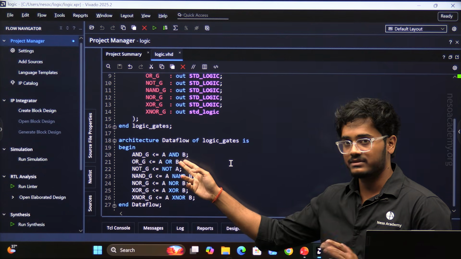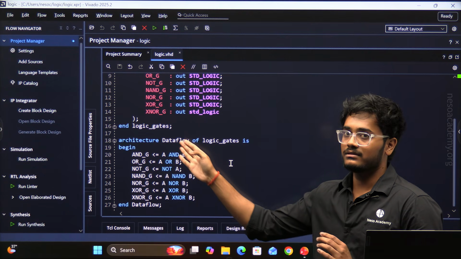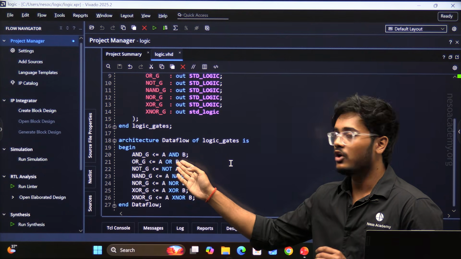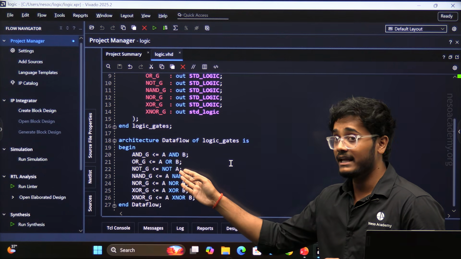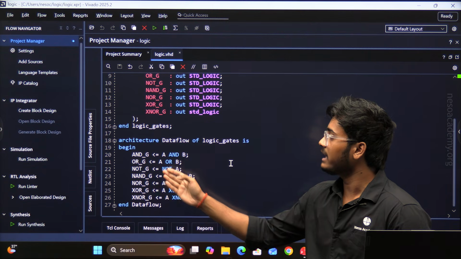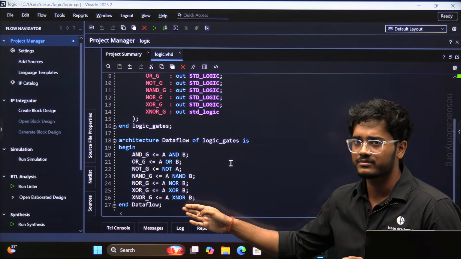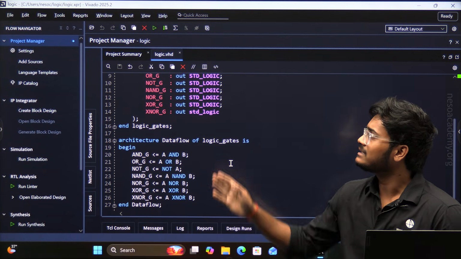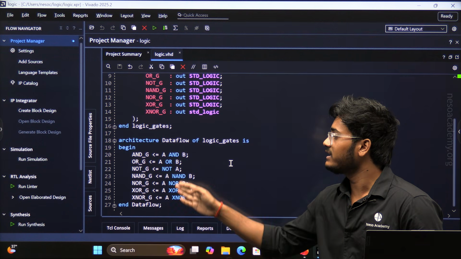Now, look at the first Boolean expression, A and B. We are assigning this A and B to the AND underscore G signal. Similarly, A or B, and storing the result inside the signal or underscore G. Not A means we are taking a complement of the signal A and storing the result inside the output signal not underscore G. In the same way, we can perform other Boolean expressions for the other logic gates as well. Now, I hope you understand this data flow modeling code for all 7 logic gates using all 7 logical